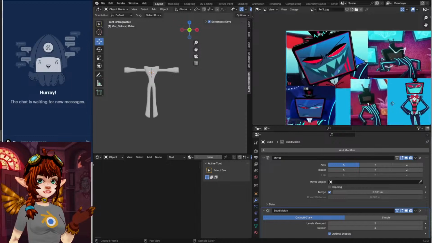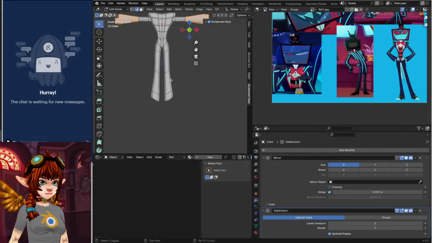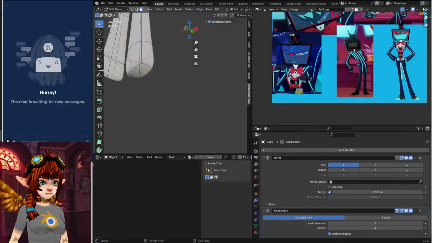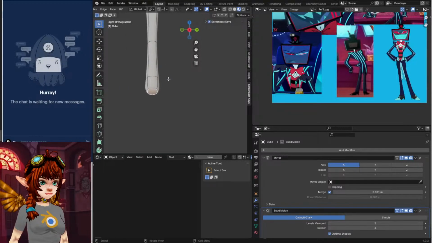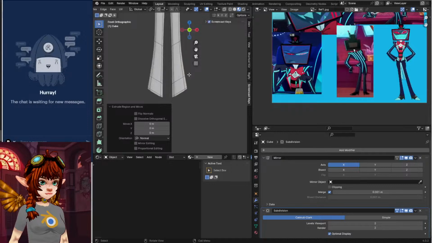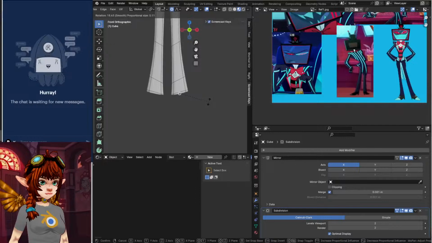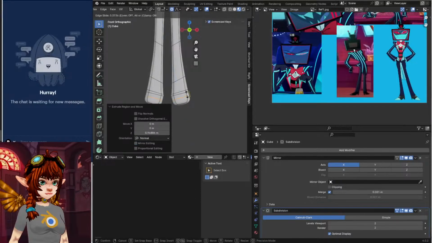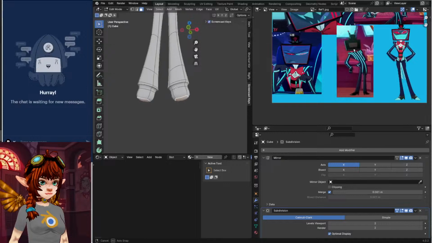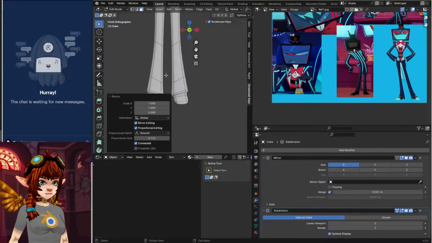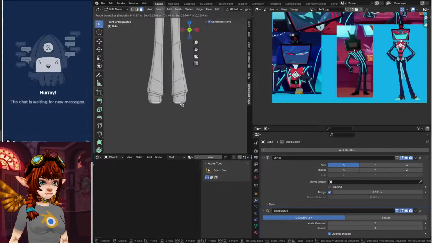So, what else do we have to add? Okay, so we got to add his feet here. Okay, grab the base here. Scale Z0. Okay, and then,